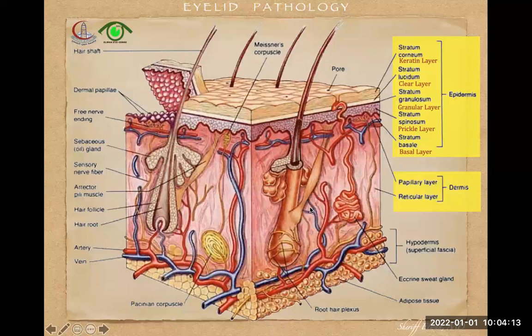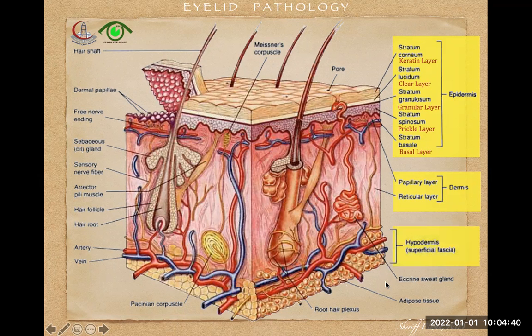This layer lodges all the skin appendages, like the hair follicle with its adjacent sebaceous glands, sweat glands, blood vessels of venules and arteries. And then we come to the hypodermis, and the hypodermis is the superficial fascia in the whole covering of the body,